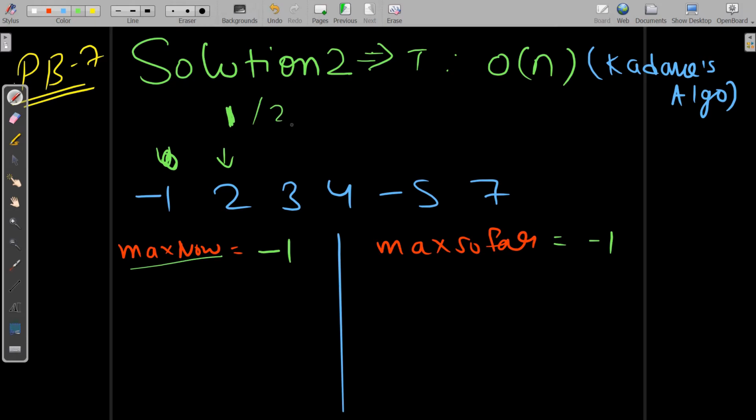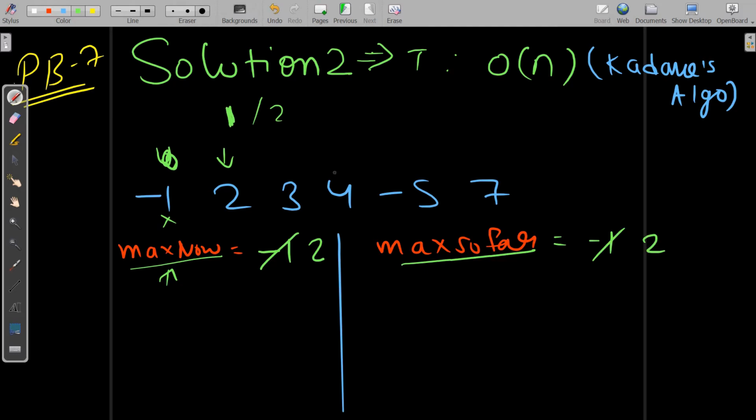So which is bigger? The value 2 is bigger, so we will exclude the previous sum and change max now to 2. And every time we make a decision and change max now, we also check whether max so far is lesser than max now. As you can see, 2 is greater than -1, so we will also update max so far to 2.